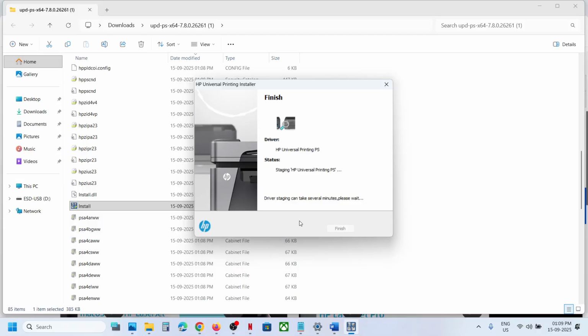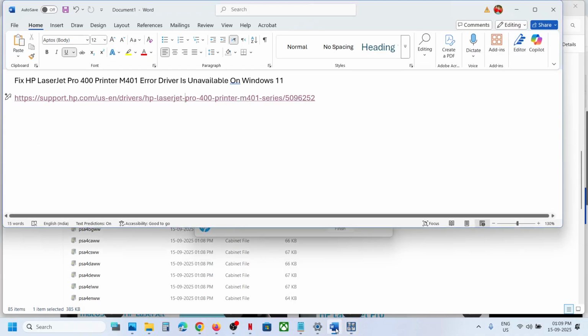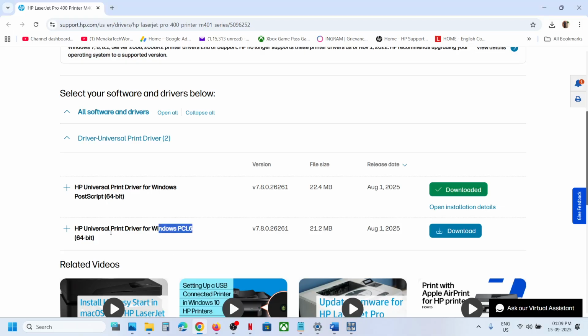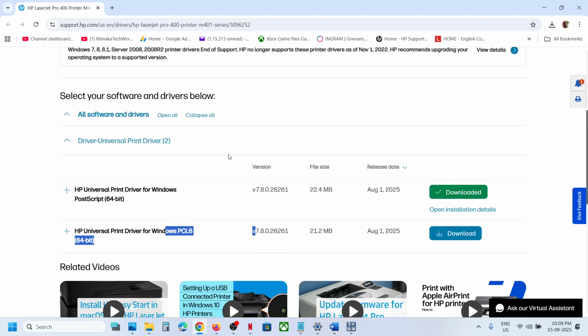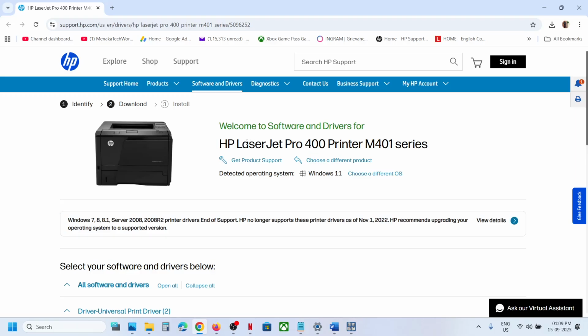Let the installation complete, and then once the installation is complete, you have to set up your printer once again and then check. And you can also install this one, that is PCL1. Follow the same steps: download it, extract it, run the exe file, and then install the driver. After the installation, you should be able to make a printout once you are able to set up your printer,